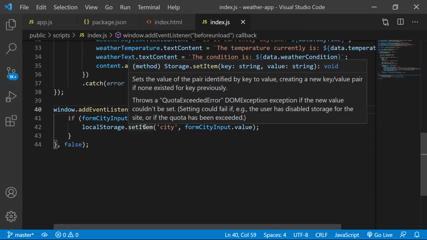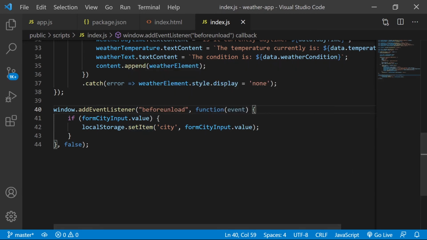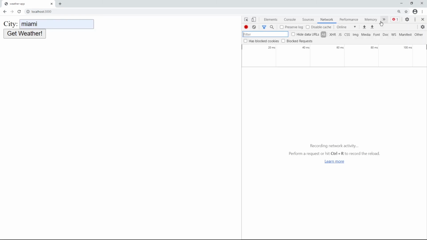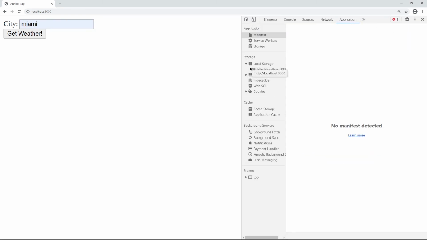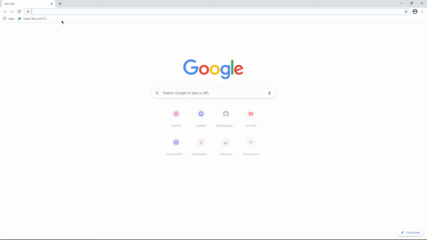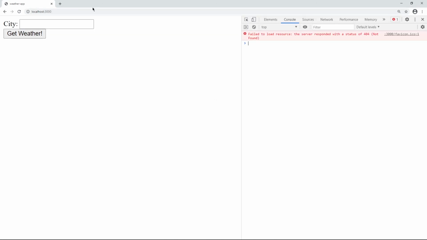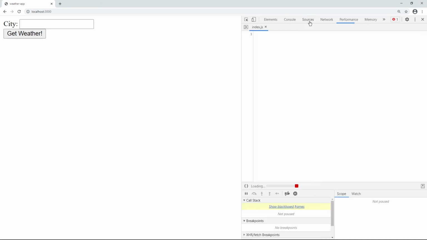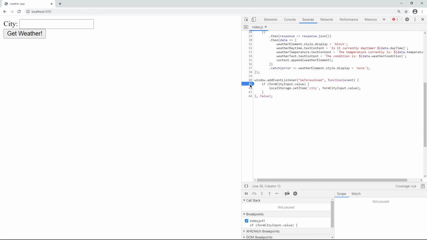But what is setItem? So value string. Okay. So let's come back here. If I enter Miami now, let's look at what our local storage is here. We can look at it through local storage. So nothing right now. If I close this, I'll open up Chrome again, we go back to localhost 3000. We look at our local storage. Is there anything actually there? Okay, cool. So we don't currently have anything set on local storage, but let's see if we can actually.